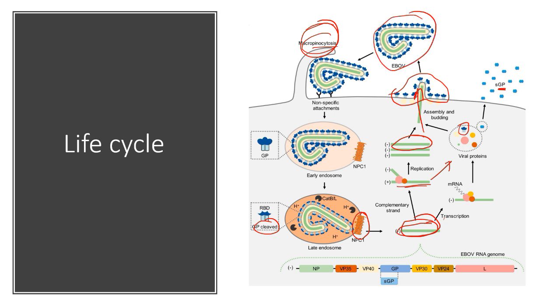Generally a longer incubation time is required for the Ebola virus, 8 to 10 days on average, because this virus has a larger genome and it needs to produce a lot of proteins in order to take the host cell membrane and cover itself. So it takes some more time to develop. Okay, but once developed, it can spread rapidly throughout any body fluid of the body. So it involves the structures which are early endosome, late endosome, cytoplasm, and also the cell membrane of the host cell. This is all about the Ebola virus description, Ebola virus life cycle, and Ebola virus symptoms and disease.